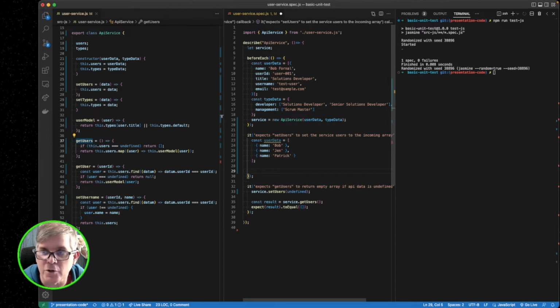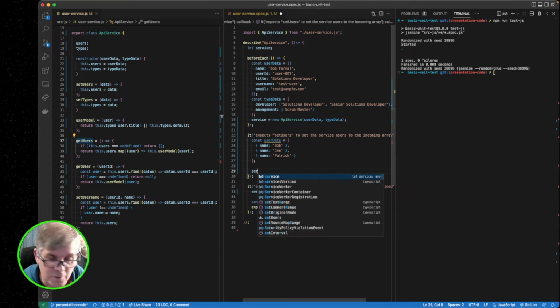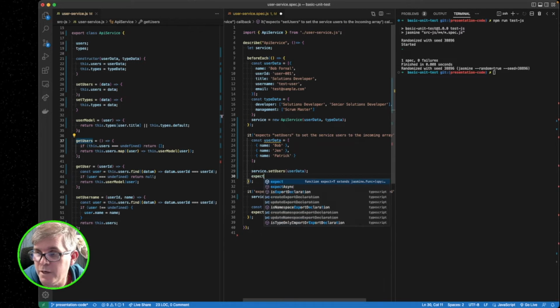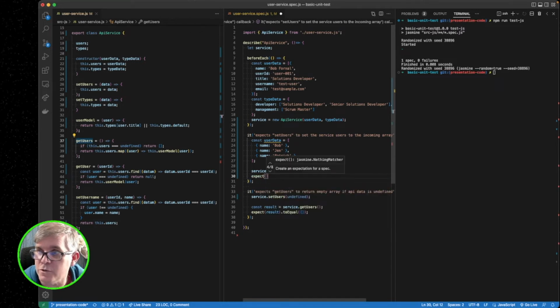So here, I'm not returning anything from the setUsers function, so we're just going to fire service.setUsers, and we pass in userData. So our expectation should be, now initially it was set to this user data up here, when we initialized and it ran through the constructor. There we go. Okay. So expect that service